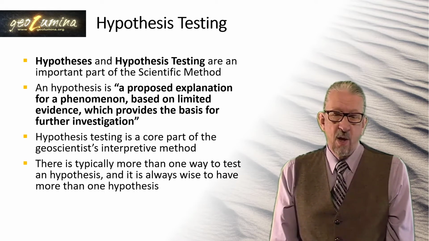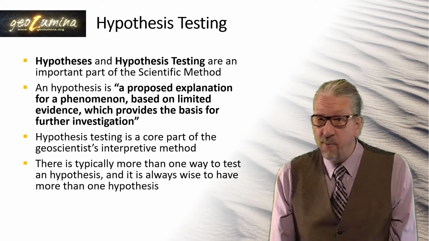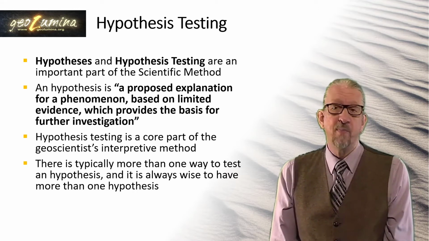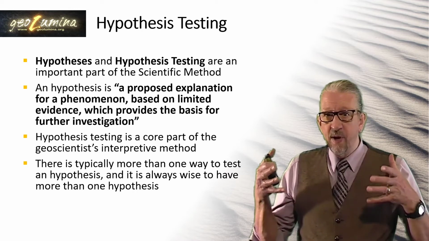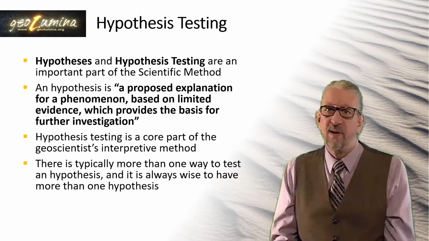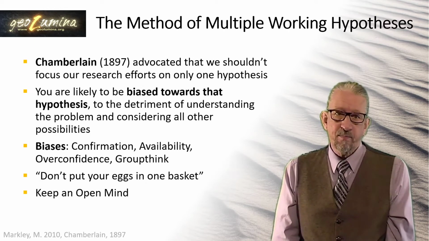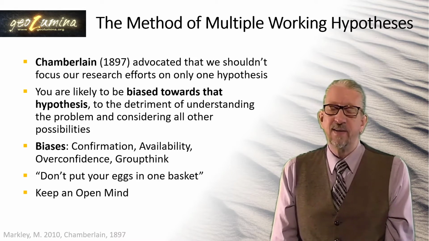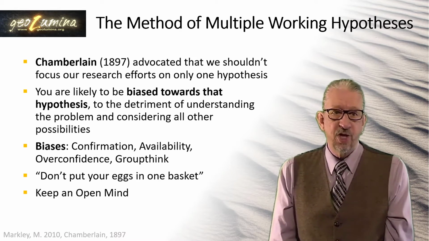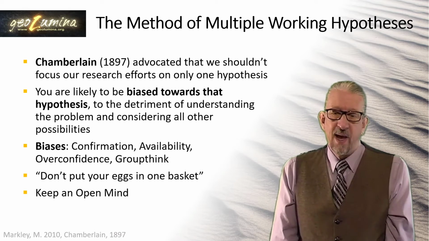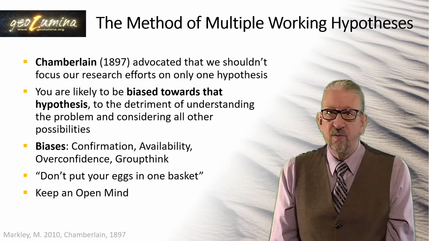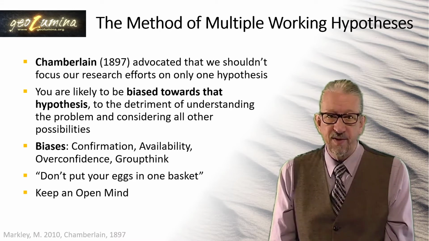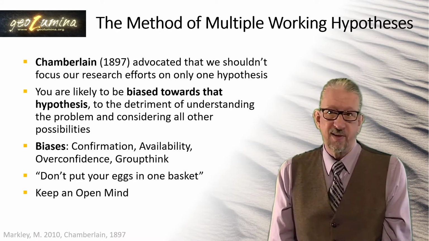And as we'll see, we shouldn't have one hypothesis. We should be working on several scenarios, several hypotheses, so as I've mentioned before, we don't get bottled in and biased to one way of thinking. So that method of multiple working hypotheses was first published, I think, by Chamberlain in 1897. And he was one of the original researchers who advocated that we shouldn't focus our research efforts on one hypothesis because we may become biased towards that